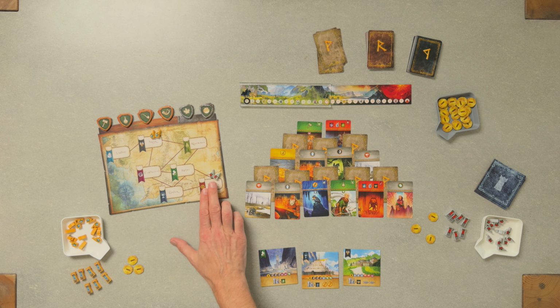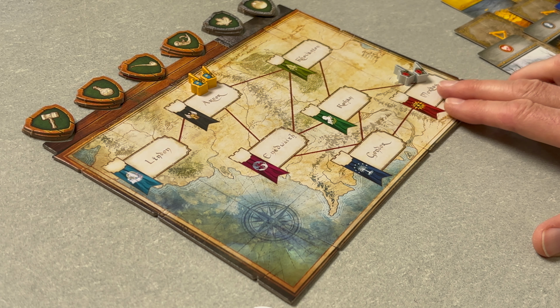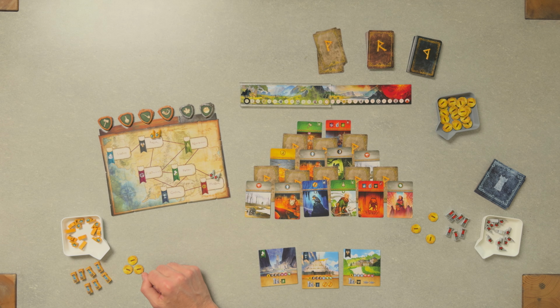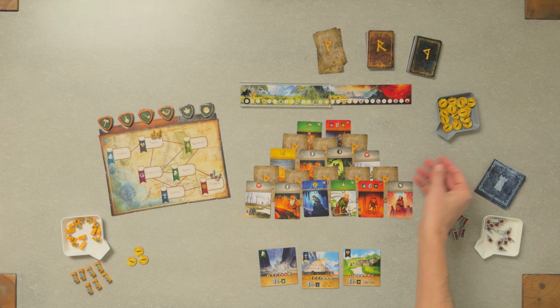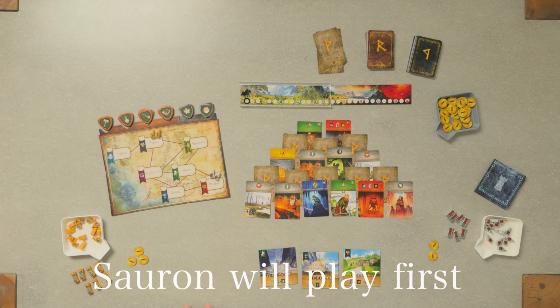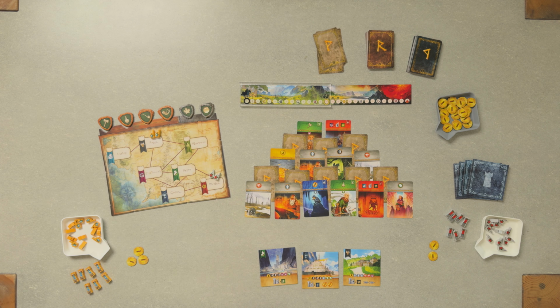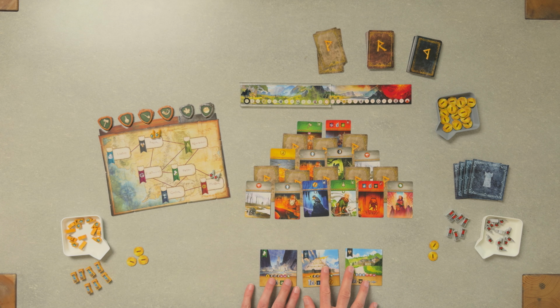The Sauron player starts with 2 armies here in Mordor, and the Fellowship starts with 2 armies here in Arnor. Fellowship starts with 3 gold. Naughty Sauron is already in the bank. Sauron will start with 2 gold. And from these tiles here, these landmark region tiles, I've dealt 3 out at random, and we'll get to those